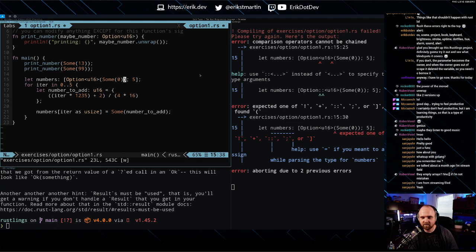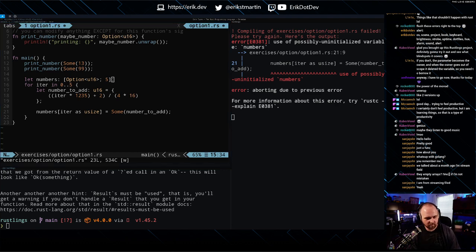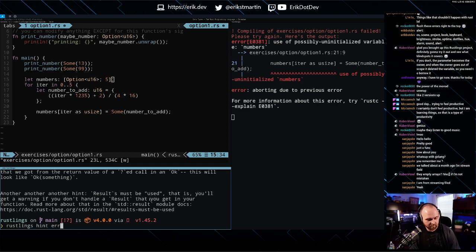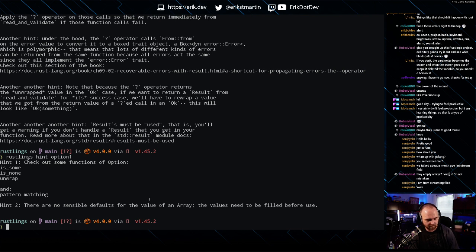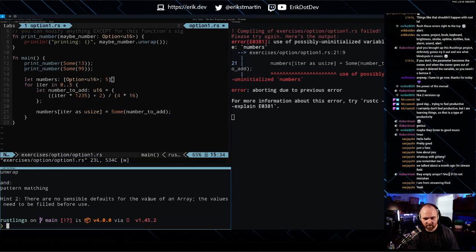Comparison operators cannot be... Wait, what? This is one of those trickier things. Let's look at the hint really quick. Is some, is none, unwrap, blah, blah, blah. There are no sensible defaults for the value of an array. The values need to be filled before use. Well, yeah, we figured that part out.